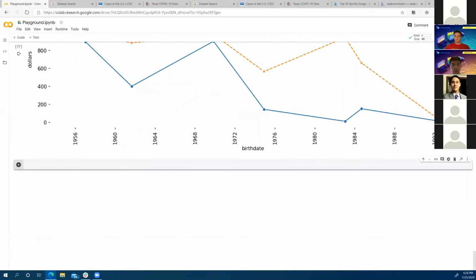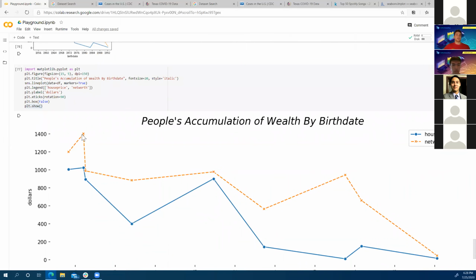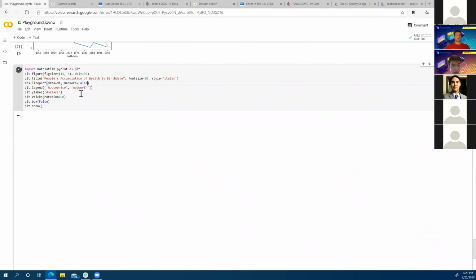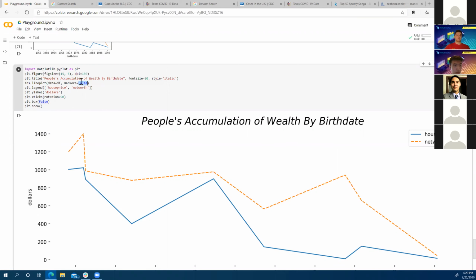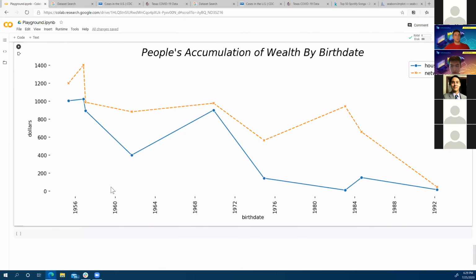Hey Seth. Yes, sir. What does markers do? So markers adds these points, these dots, or the crosses in this case, to the different data points. Notice that line plot draws lines between the data points as you travel along the x-axis. If I said markers equals false, it wouldn't show the data points. It would just draw the lines. But if I say markers equals true, it adds all those points on the line as well. Does that answer your question? Yeah. Cool.